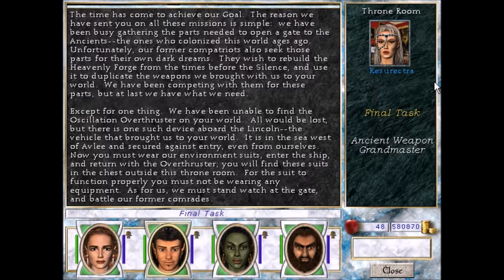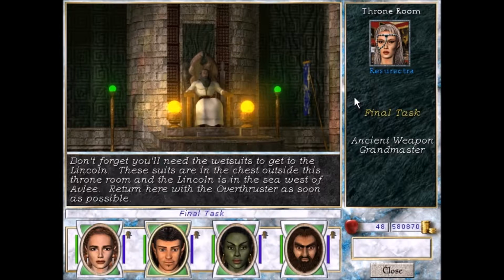All would be lost, but there is one such device aboard Lincoln, the vehicle that brought us to your world. It is in the sea west of Avli and secured against entry, even from ourselves. Now you must wear our environment suits, enter the ship, and return with the overthruster. You'll find these suits in the chest outside of the throne room. For the suit to function properly, you must not be wearing any equipment. As for us, we must stand and watch at the gate and battle our former comrades. Don't forget you'll need wetsuits to get to the Lincoln. These suits are in the chest outside of...